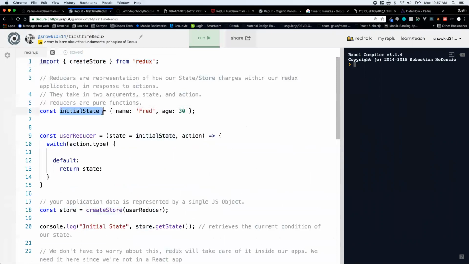So we create a store of data right here, and we call it initialState. And we've got Fred, who's age 30. Okay, so now we're going to create a reducer function that,